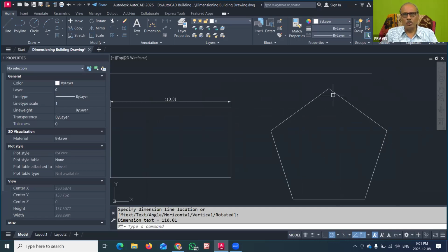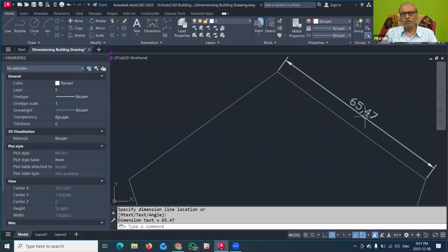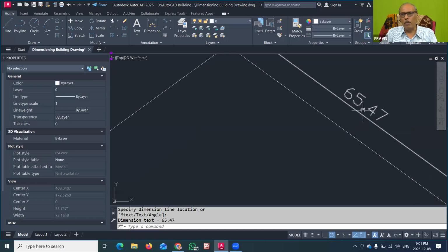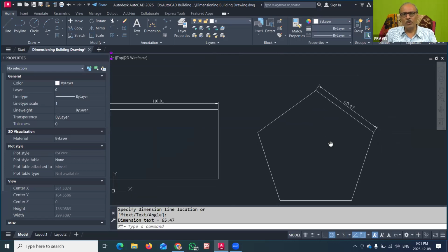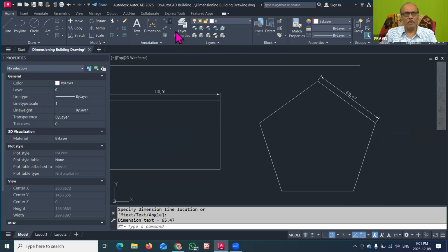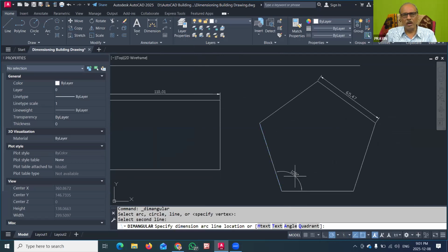Another way, I can show the align dimension for this polygon. I will go to the align dimension, click this point and this point, and then the dimension is shown parallel to this inclined line. Here also you can find the mistake that there is not a dot but a comma. So 65 comma 47, actually it should be 65.47, and other things are okay. In this way I can show the align dimension, or the angle between these two lines. This is one of the angles that I have shown.